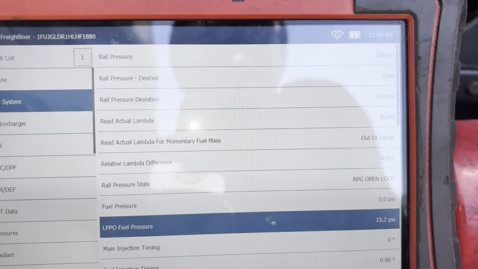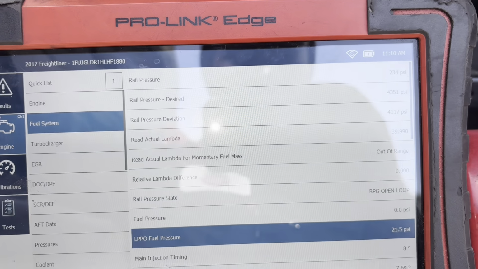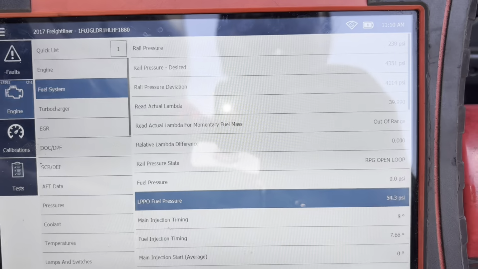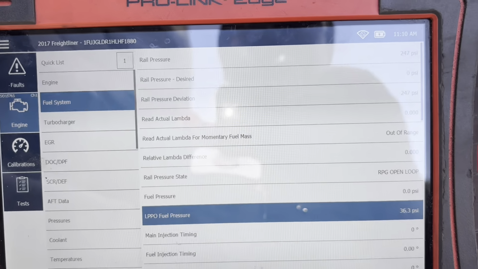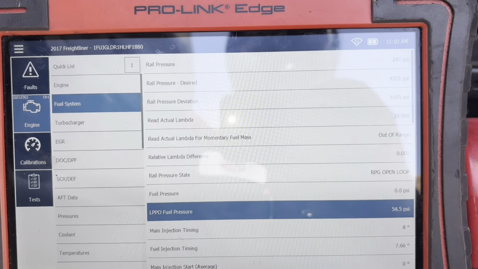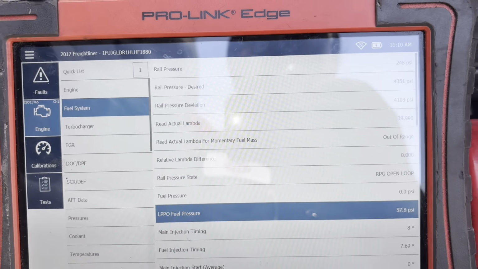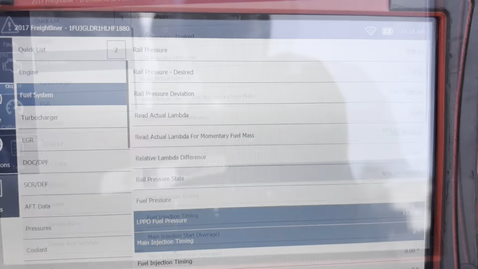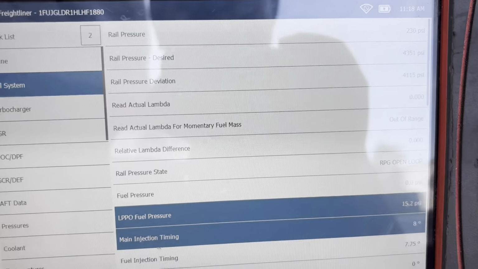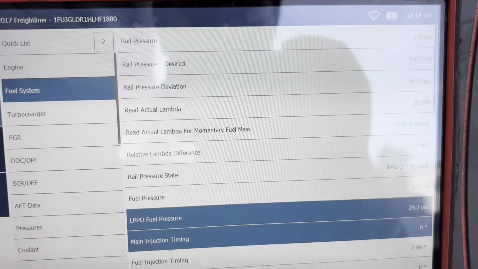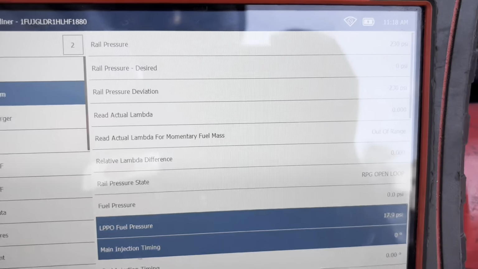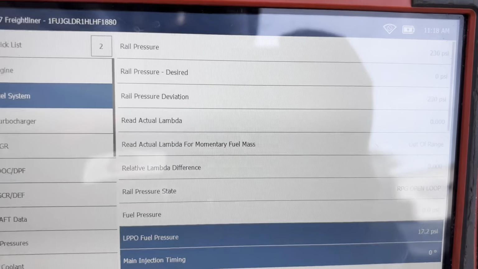All right, let's see here. So it's not rising. We have a bad fuel pump here. It's still the same. So with me trying to crank it up here, let's see if it goes up. All right, so it's not happening, so this most likely is a bad